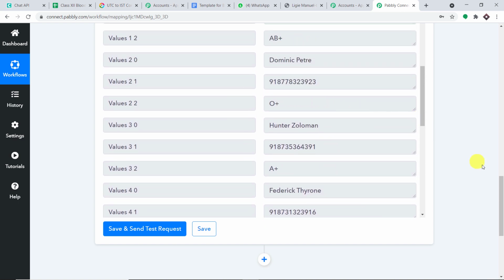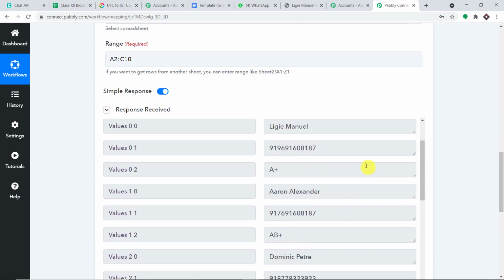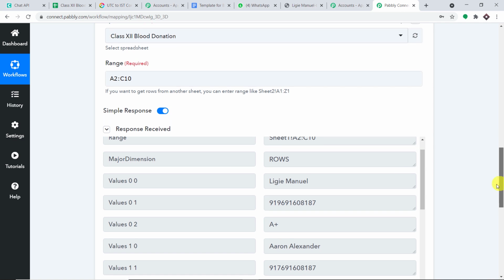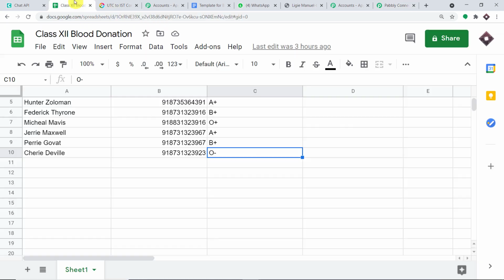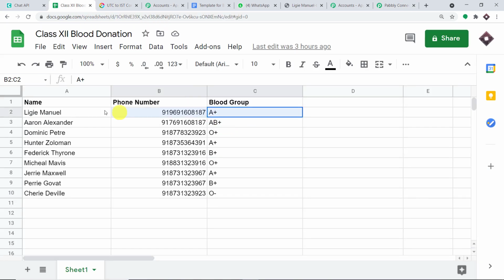Now what's next? So basically we have to create a prototype now. The prototype here basically means a particular student on which we are going to apply all the conditions, and the same prototype will be the base for the rest of the students. So I'm going to select this particular student, that is Lizzie Manuel. She is going to be our first prototype. This will be in the form of an iteration. So this will be our first iteration, this will be the second iteration, the third iteration, and this process will continue up to the last, that is Sherry DeVille.